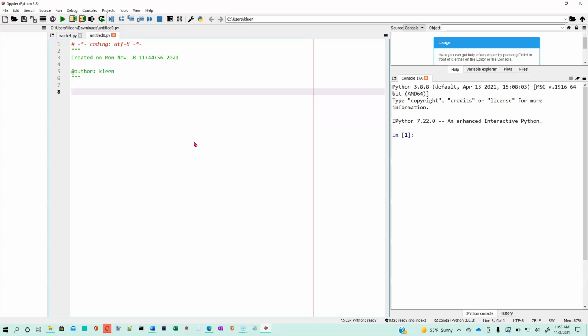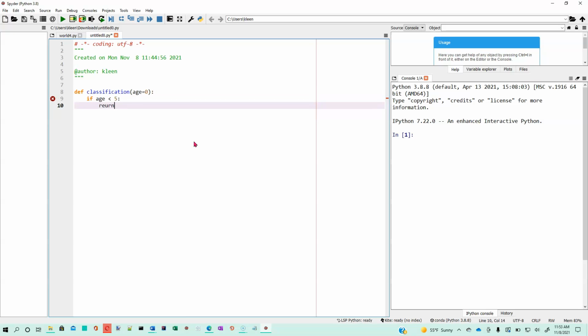Okay, so it's going to be a function, so we have to start with define, DEF. And the name of the function is classification. I'm going to pass in an age, and to let it know that this is a number, we're going to set it equal to 0. And the rules are if age is less than 5, return a string, preschool. Else if,